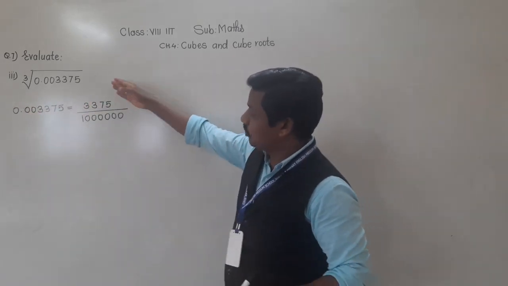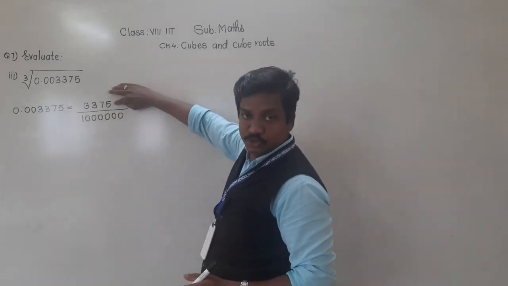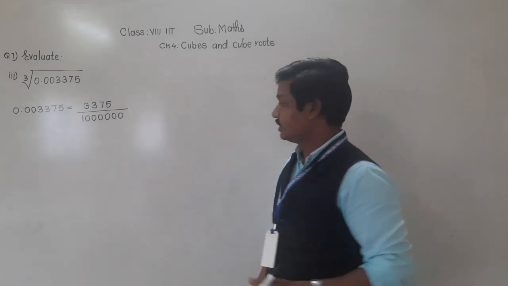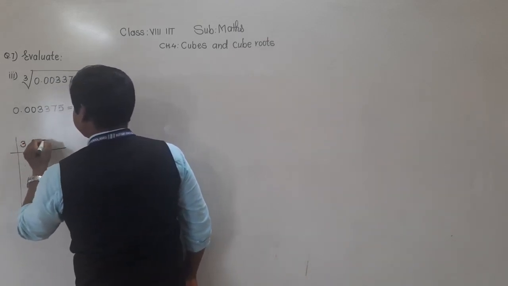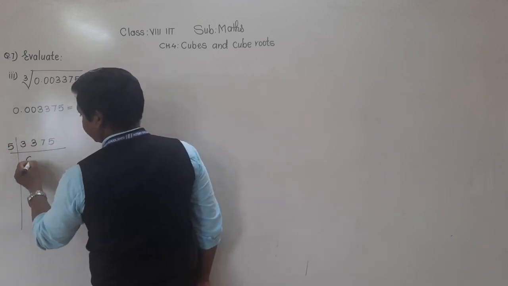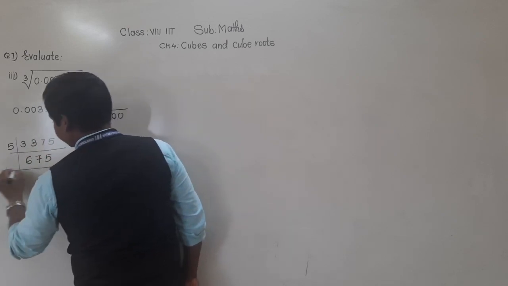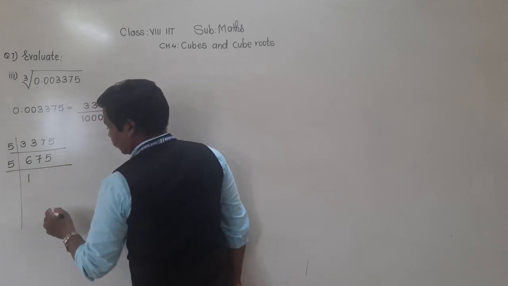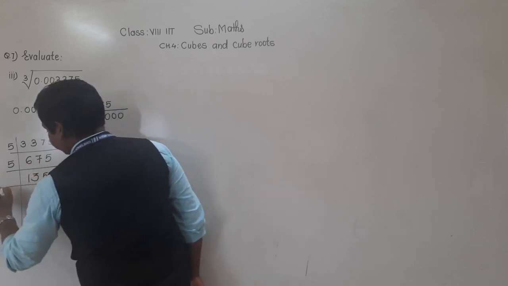Now, this is in the form of numerator and denominator, a rational number, right? So now let us first find the cube root of 3375 as usual by finding its prime factors. So prime factors of 3375. The last digit is 5, so it is divisible by 5. 5 6s are 30, 3 remain, 5 7s are 35, 2 remain, 5 5s are 25. Then again it is divisible by 5. 5 1s are 5, 1 forward, 5 3s are 15, 2 forwarded, 5 5s are 25.